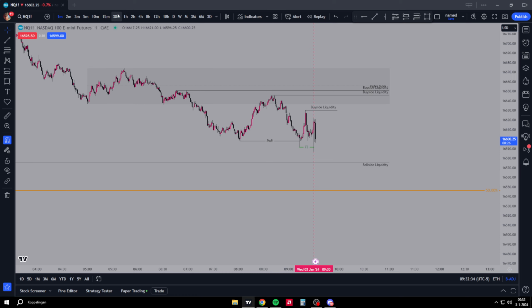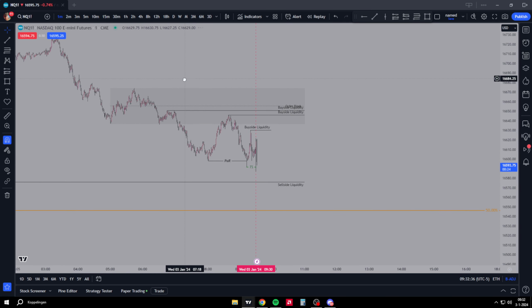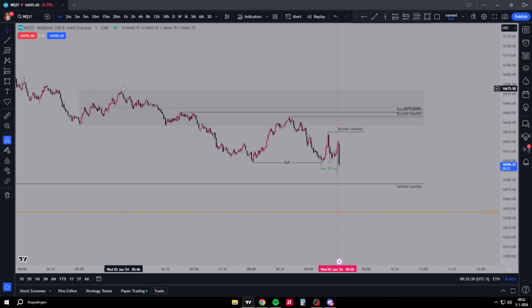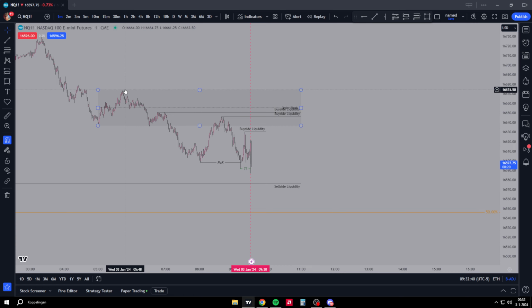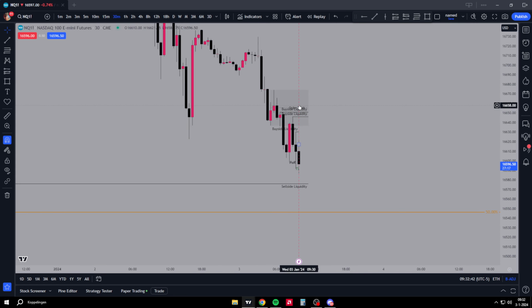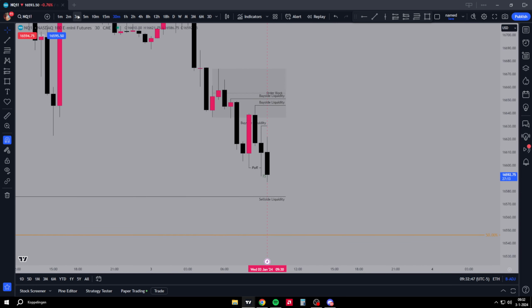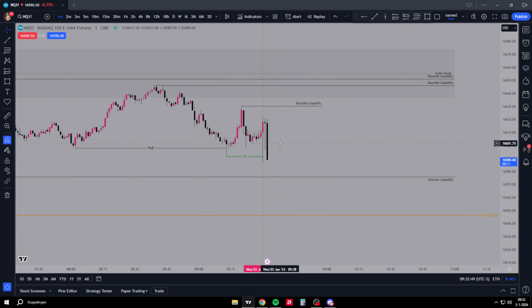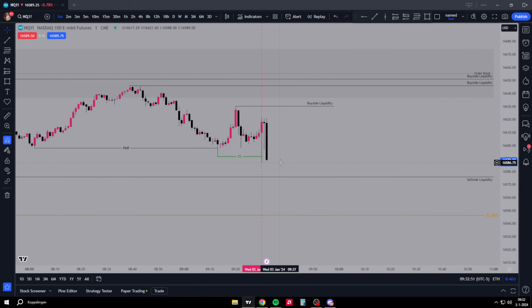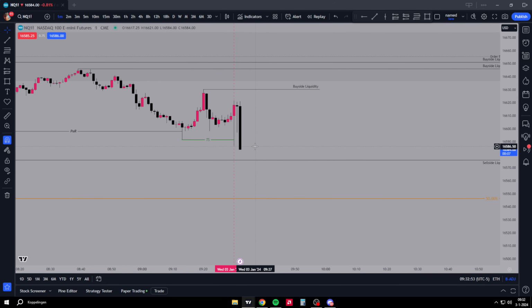And yeah, news. Actually, news, I don't know. Maybe on news we even sweep this order block high, and then we turn to sweep that order block high, and then we go lower. That could be something as well. We'll see what happens. Oh no! All right, we went lower.